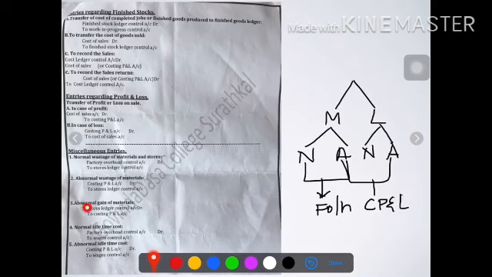Next one is the abnormal gain of materials. It is exactly the opposite of the entry of abnormal wastage of material. Here, stores ledger control account debit to costing profit and loss account. Idle time is nothing but the wastage of time by the labor without making productive use of it, isn't it? Therefore, for normal idle time, the entry will be factory overhead control account debit to wages control account. For abnormal idle time cost, costing profit and loss account debit to wages control account. I hope you people are able to understand all the entries.